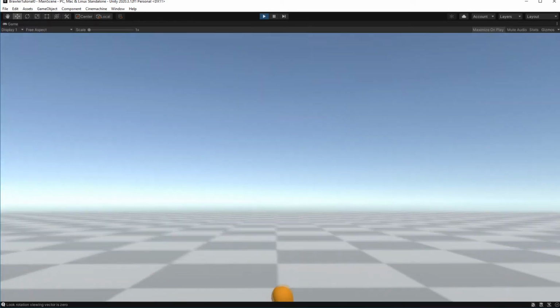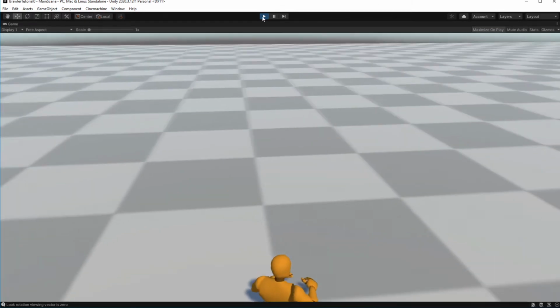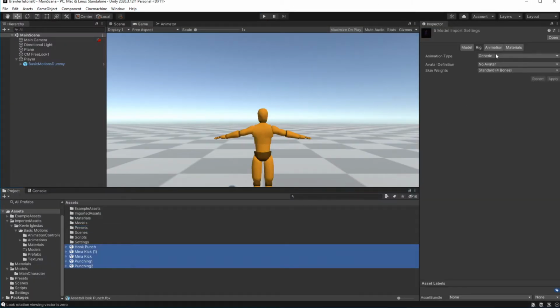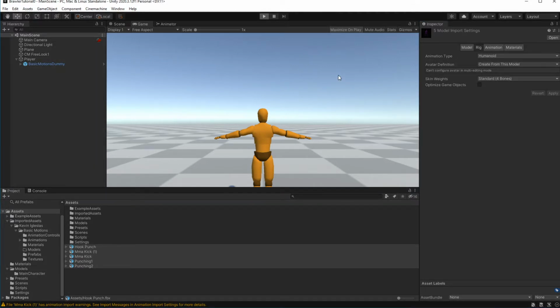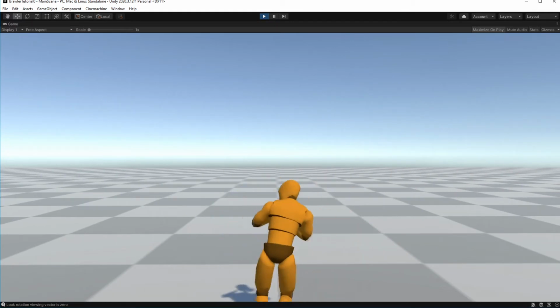Okay, this is happening because all animations are not set appropriately. Make them of humanoid type. And now this is happening because we are not applying root motion.